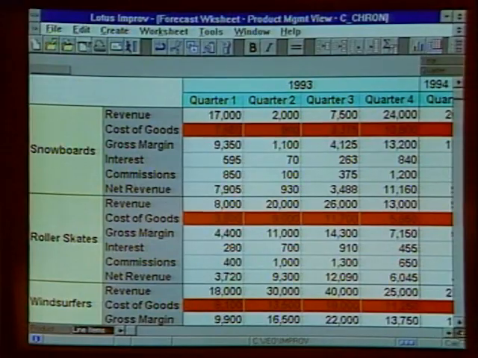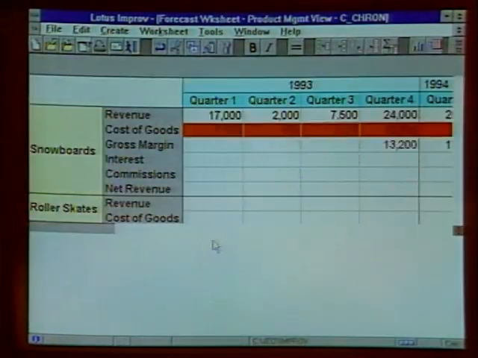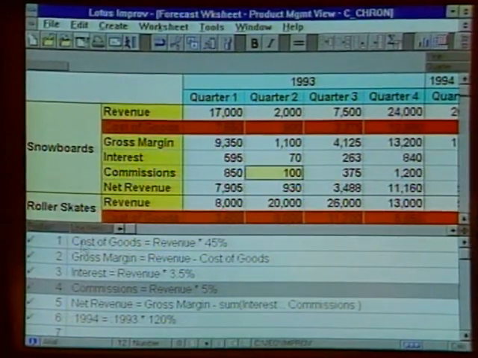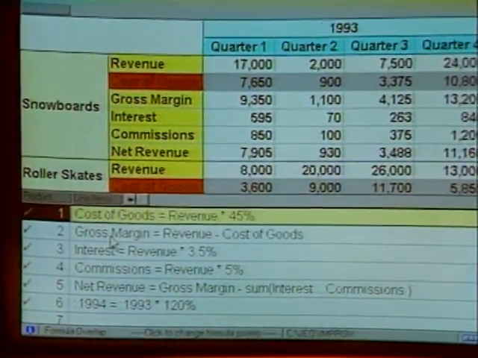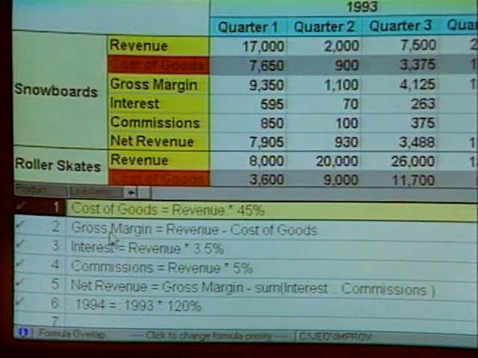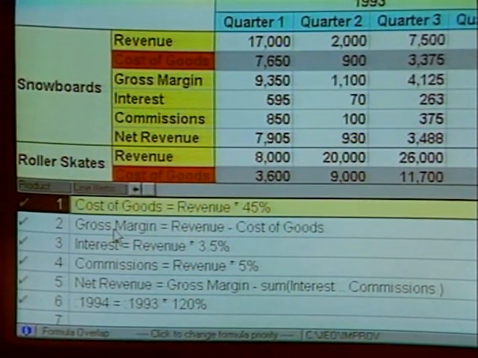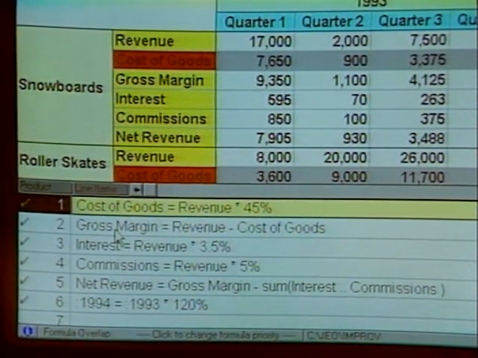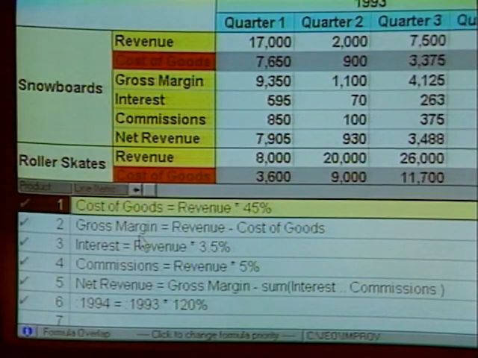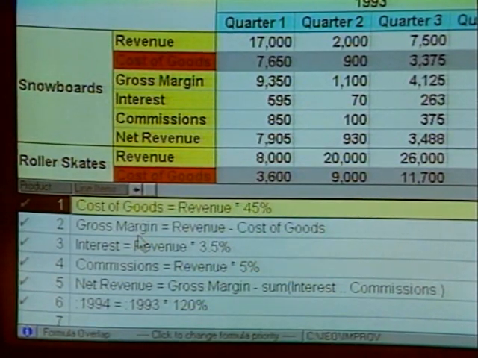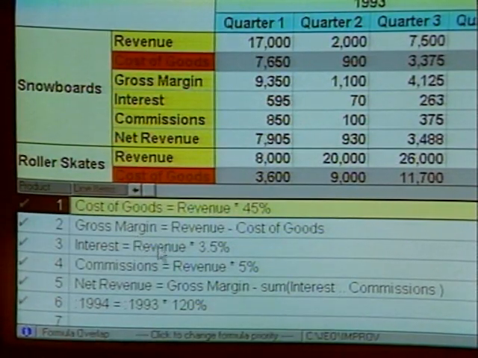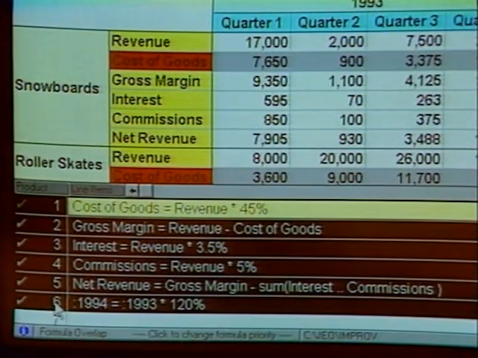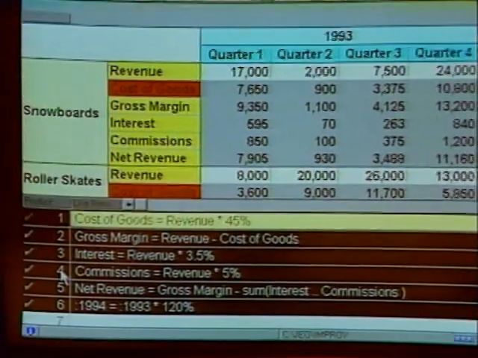And with Improv, we've actually separated our data here on the top from our formulas in the bottom. As you can see in the first formula here, cost of goods equals revenue times 45%, written in business terms. And that formula is applied to the cells that are in gray, is that it? That's correct. And that's another nice thing, is one formula can apply to many cells, a more simplistic approach. Right. If taking a look at all 6 of these formulas, you'll notice that 6 formulas are driving well over